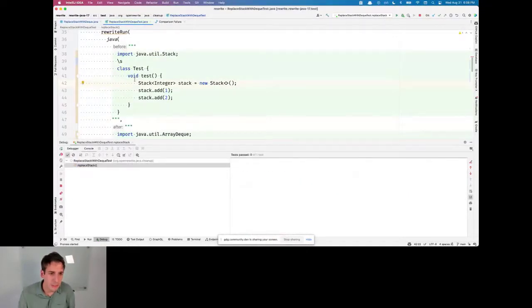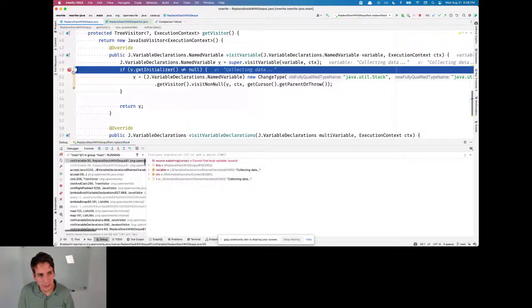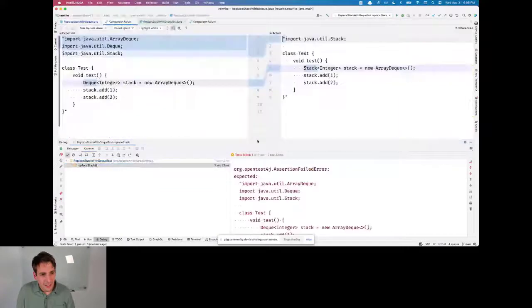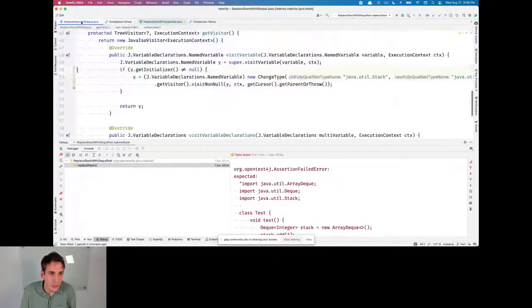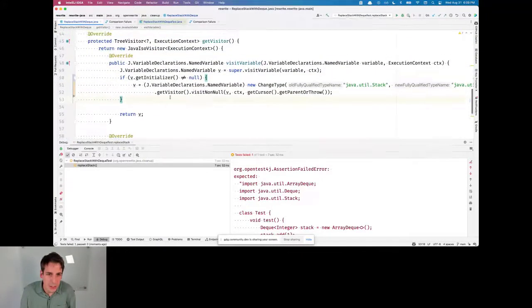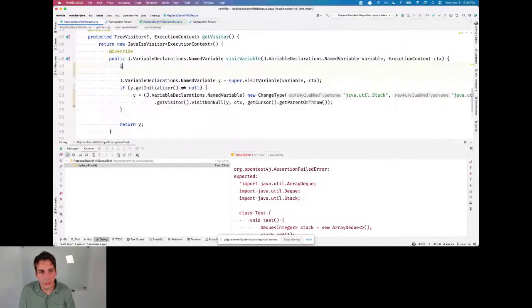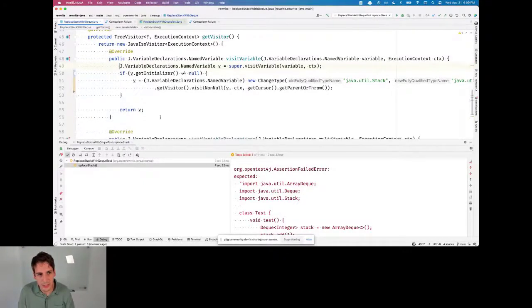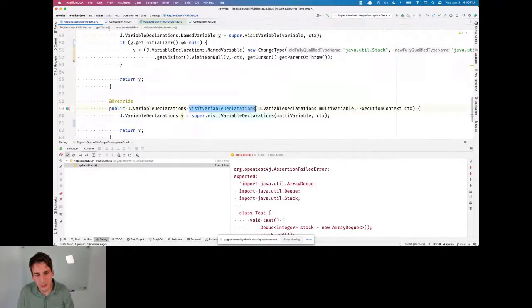So we'll run this again. There we go. Now we're hitting it. So yeah, we've done the first part, right? We've replaced the right side of this expression. We just replaced that initializer with an array DQ, but we still have to get this other side too. Suppose we had the int n equals 0 m situation here. I was only looking at this part, so I didn't get a chance to see this int yet. That int is at this higher level, the variable declarations.